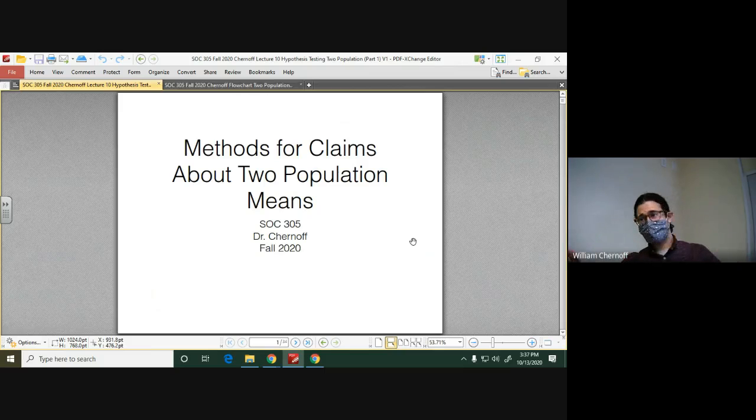So far, that's all we've been talking about. The idea that there's some single population out there, and then there's some person in power who's making bold claims about what's going on in those populations. And then the methods we talked about are the tools we use to go into those populations, collect data, and assess those claims. So that's one collection of methods.